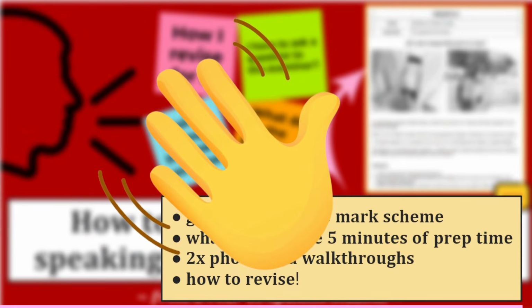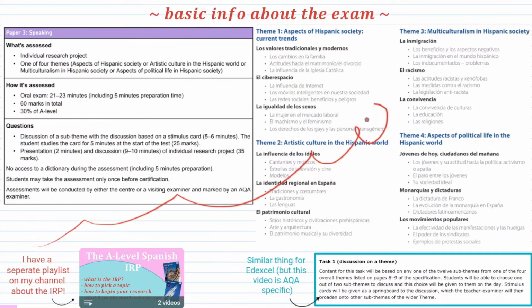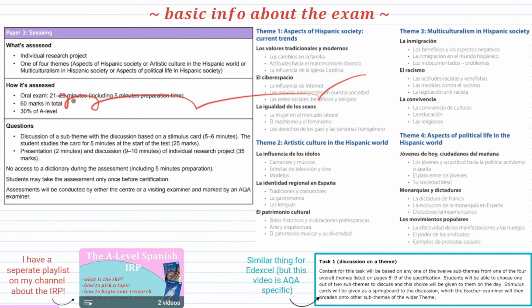Vale, venga, vamos. So, here is the information about paper 3 from the AQA specification. This question is worth 25 marks out of 60 in the speaking exam. And time-wise, it's 5 minutes to prepare and 5 to 6 minutes of talking. You get an option of 2 of these cards, each one covering a different module, and you have to pick only one to answer. One thing to note is that the modules will never be the same as your IRP